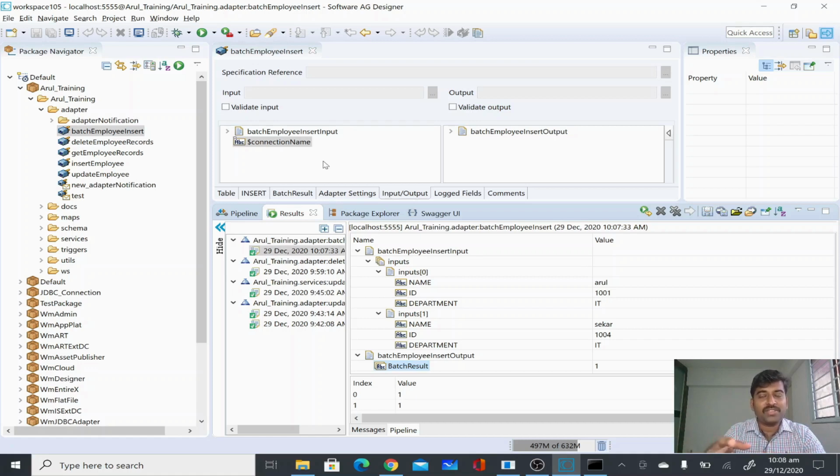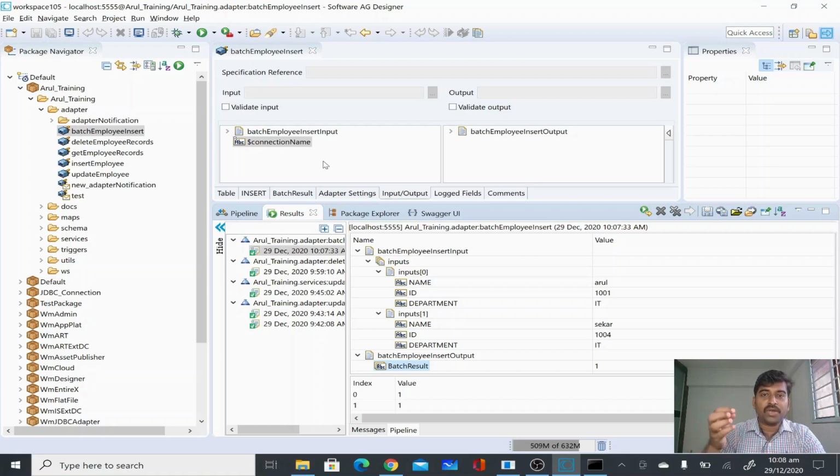If you are using a batch insert, it will be easy for you if the database is not available, or the database rejects some of the records and you want to roll back everything together. You can do that through this batch insert. Because we have selected the local transaction, we will be able to handle the transaction boundary, where you can start your transaction, commit your transaction, and roll back your transaction. So you can roll back all the transactions together as well. That is the main advantage of the local transaction under the transaction management concept.